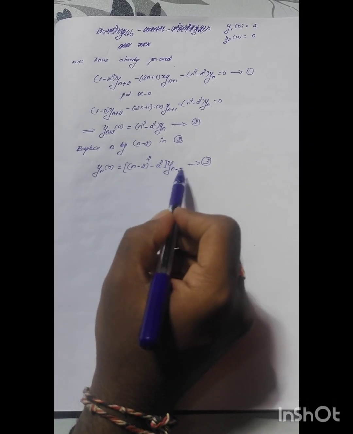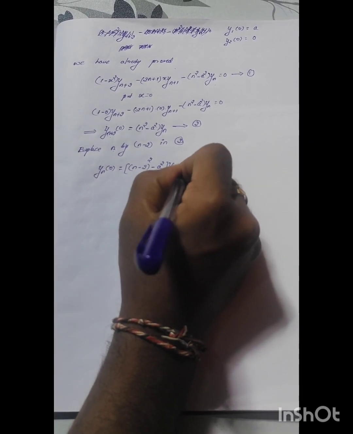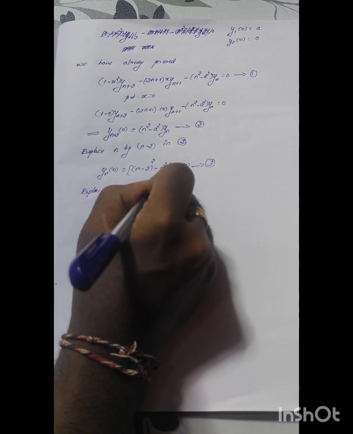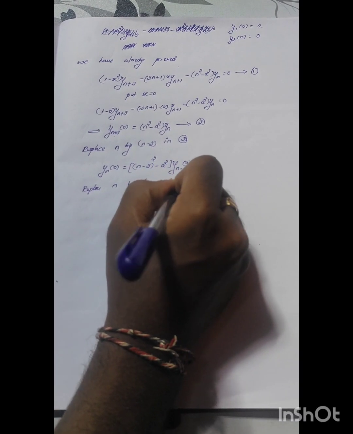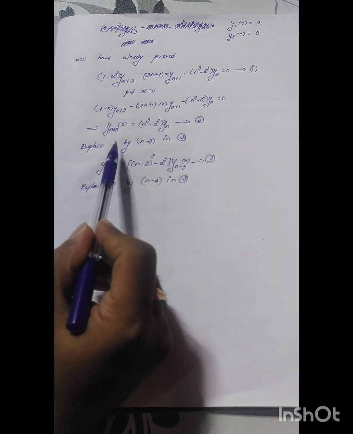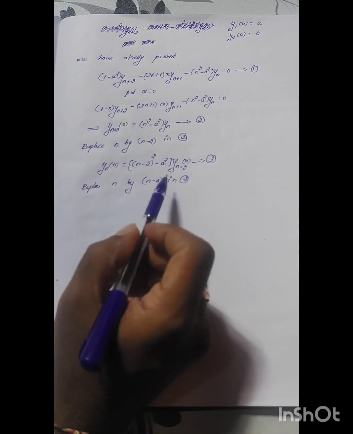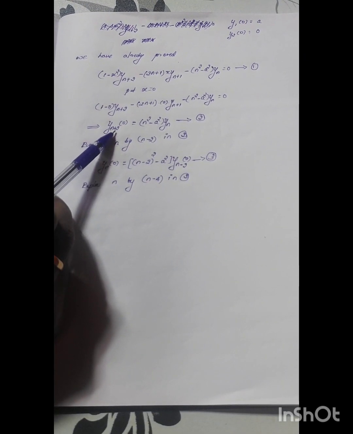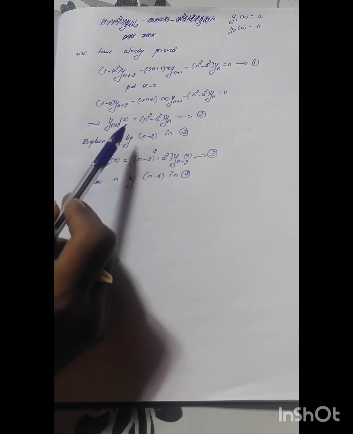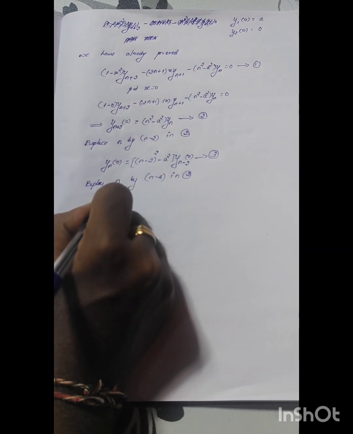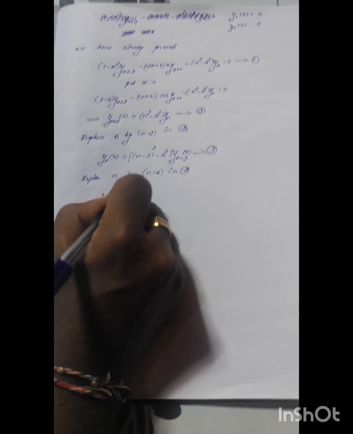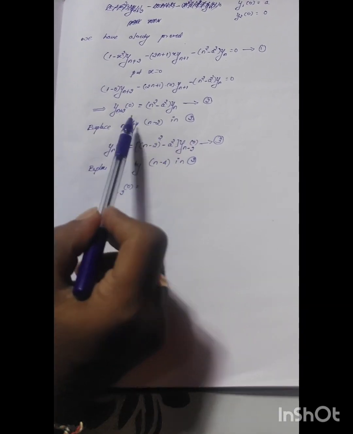Now we have to take yn minus 2 of 0. So what we will do is replace n by n minus 4 in equation number 2, that is in this equation. Initially we replaced n by n minus 2, now we are replacing n by n minus 4 in the same equation. So yn plus 2 with n replaced by n minus 4, n minus 4 plus 2 becomes n minus 2, so that will be yn minus 2 of 0 will be equal to,